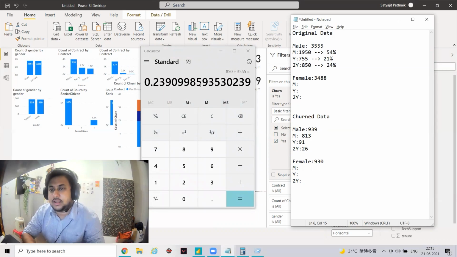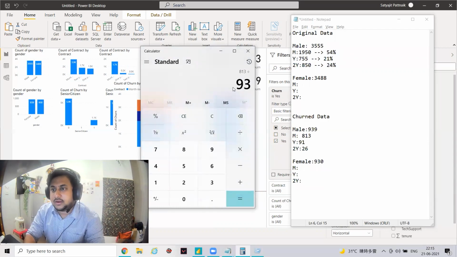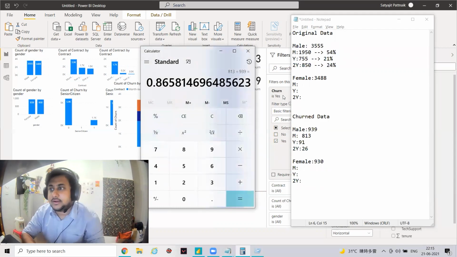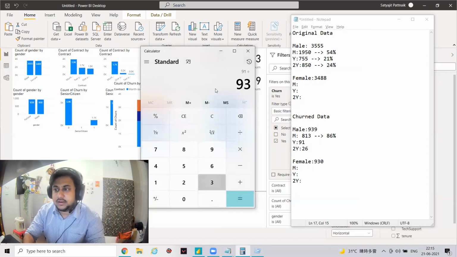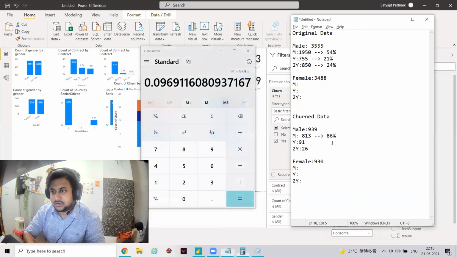So this is the original data. Now let's try to see the churn data. 813 divided by 939, 86%. Oh my god, 86%. Yearly data 91 divided by 939, 9%, and the rest is almost 5%, or 4%, whatever it is.